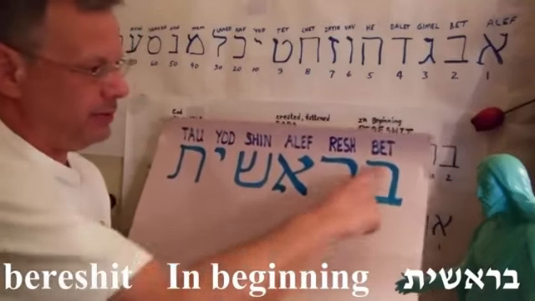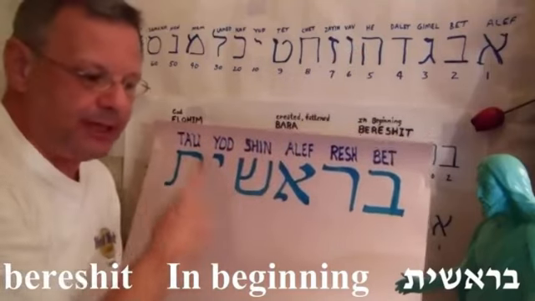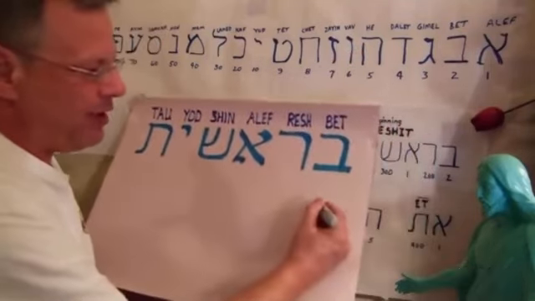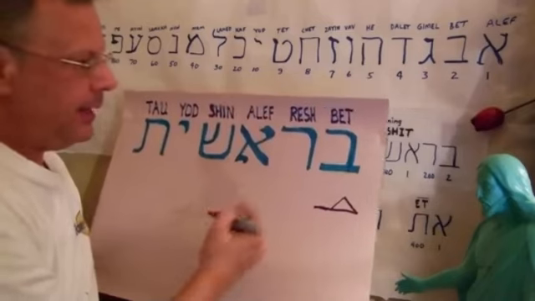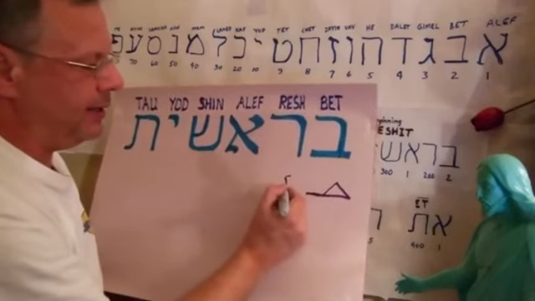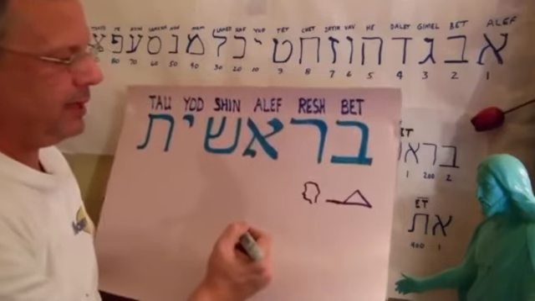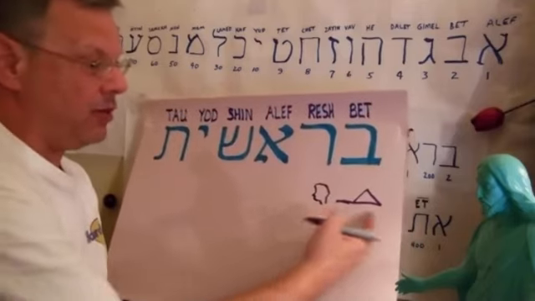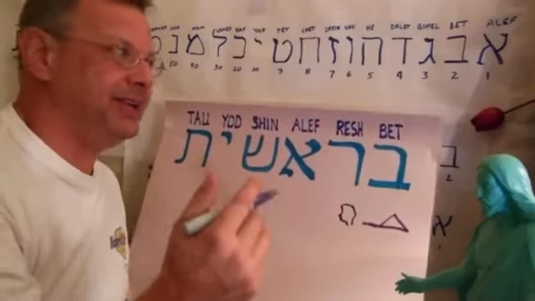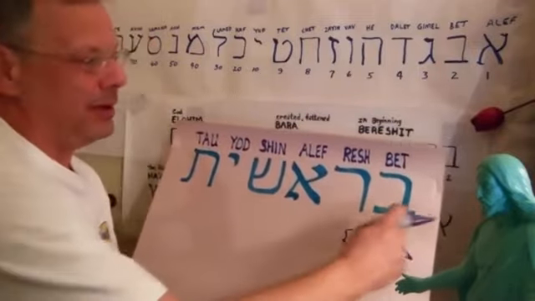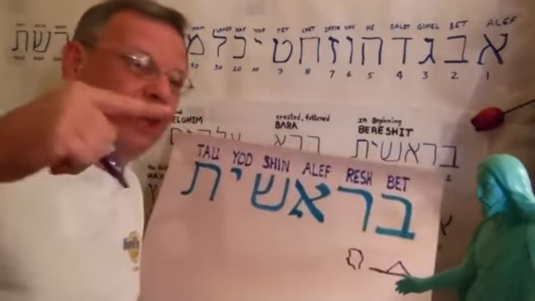And if we look at their ancient pictures, remember, you learn 22 letters, you learn 22 pictures, and you can figure it out. A beit, we already said, was a tent. And a resh, this was the head. Oh, not bad. And beit resh, we already know this much. That's a word we've already learned. It's bar. Bar is son. Oh my goodness. He starts the Bible with bar. I told you, everything points to Jesus. The first two letters are pointing to the Son.